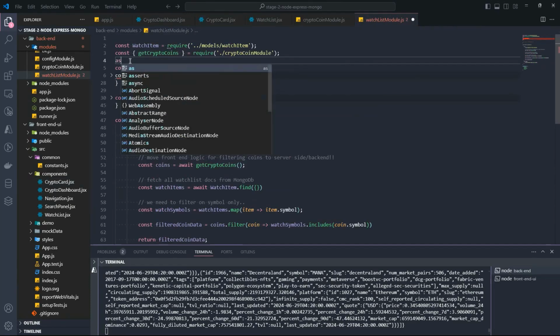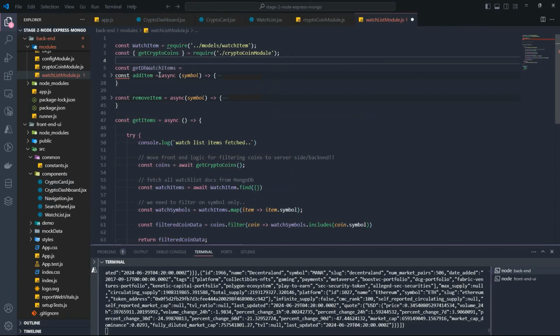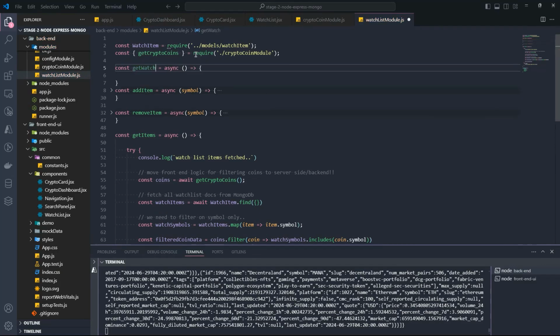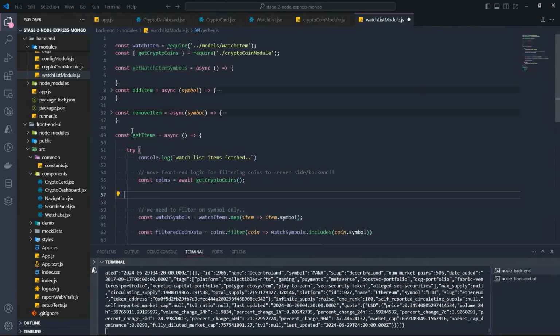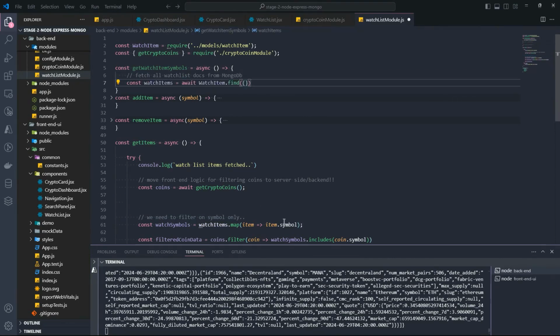And maybe what we're going to do is make this asynchronous. Maybe this will be the database call, and then we're going to create a DTO or some kind of better. We'll name this get watch items symbols. Take this code here that queries a MongoDB, and we'll snip it out and apply it to this watch list symbol. So a little method that just goes into the database, grabs our symbols,